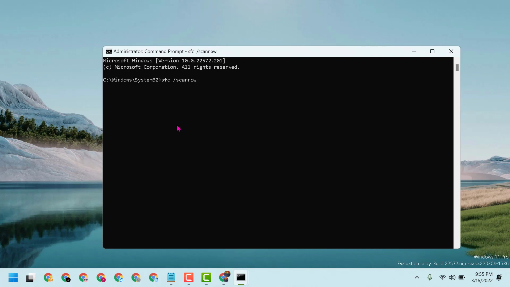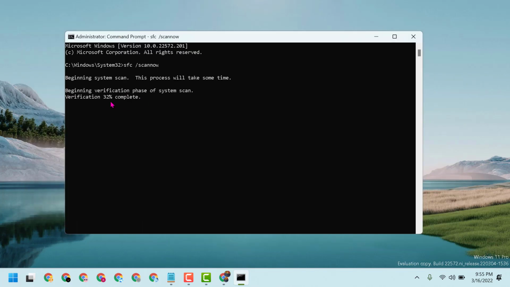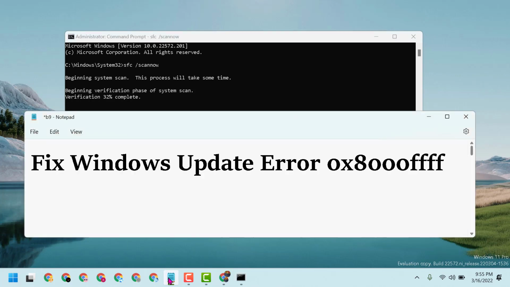Now guys, this scanning will take a couple of minutes, so complete this scanning. And once you successfully complete up to 100% scanning, close it and restart. And after restart guys, you can fix and resolve Windows update error